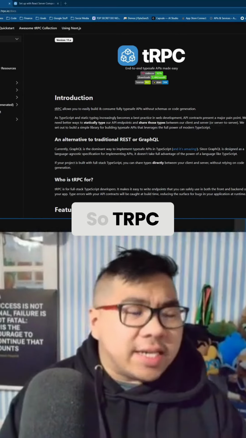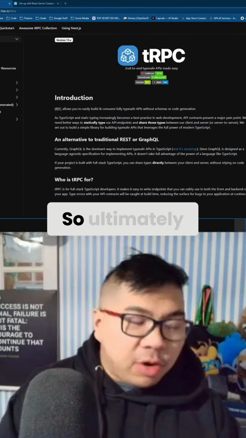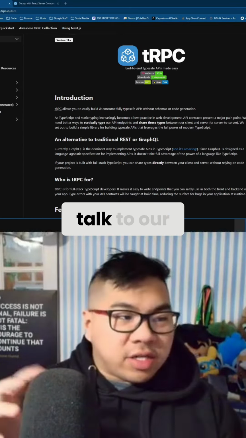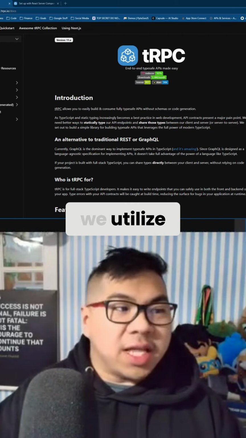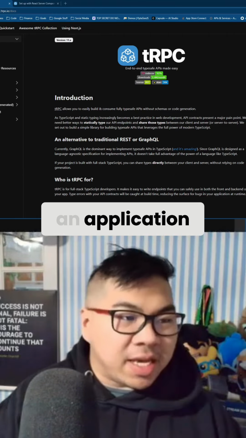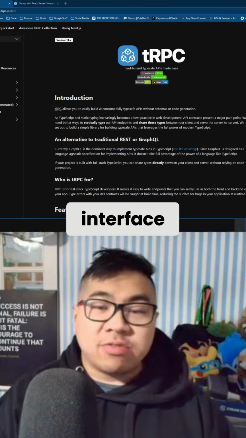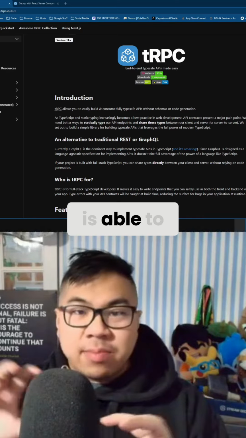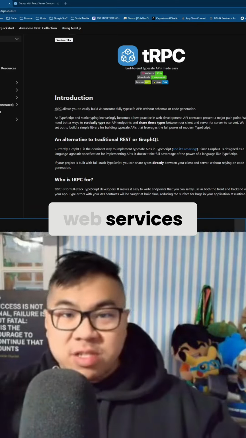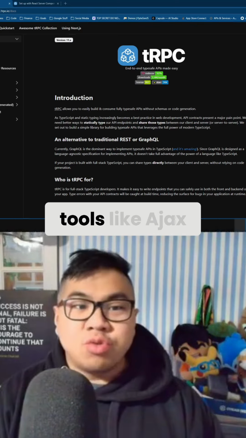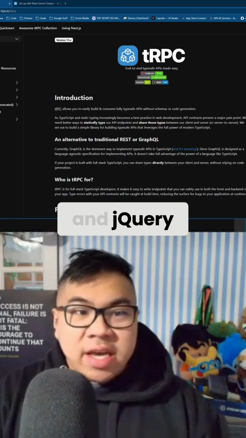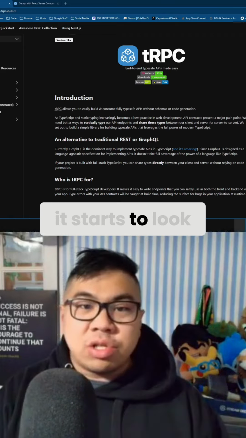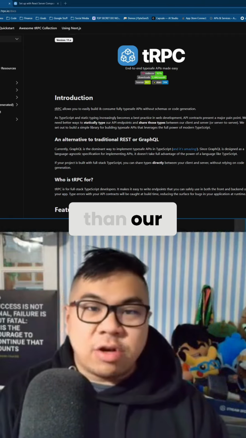So tRPC, what is that? Ultimately, when we want to talk to our backend, we utilize something called an API, an application programming interface. It's how our code is able to interact with different web services. And in the past, we used to use tools like Ajax and jQuery, and while we can use them, they start to look a little bit different than our typical